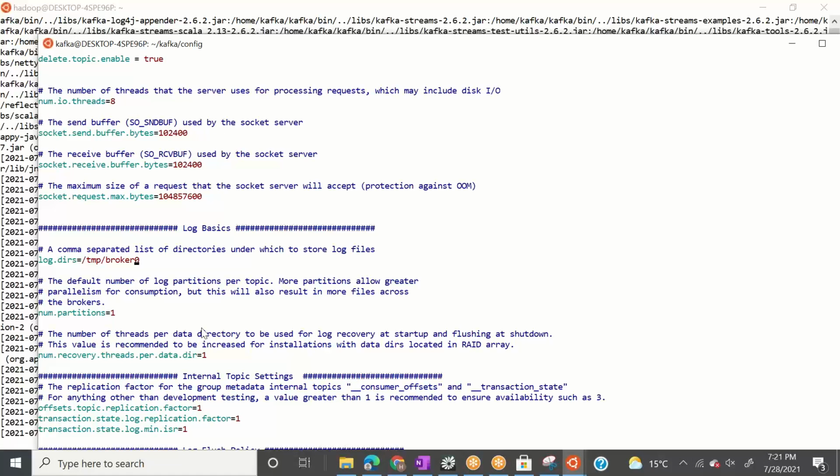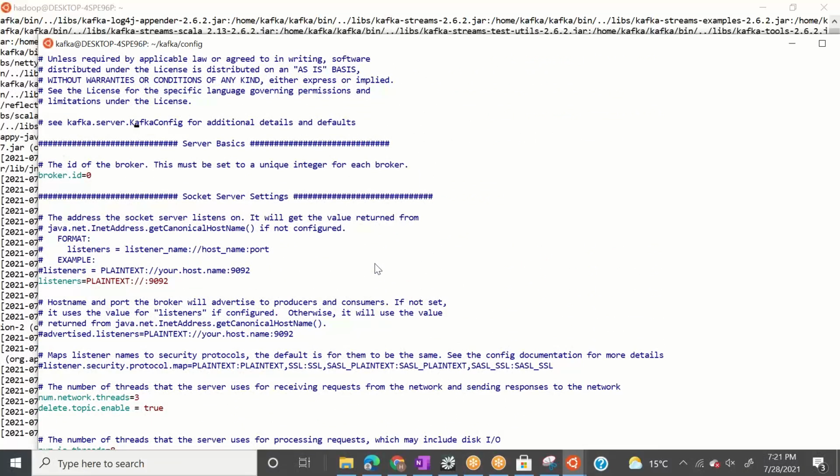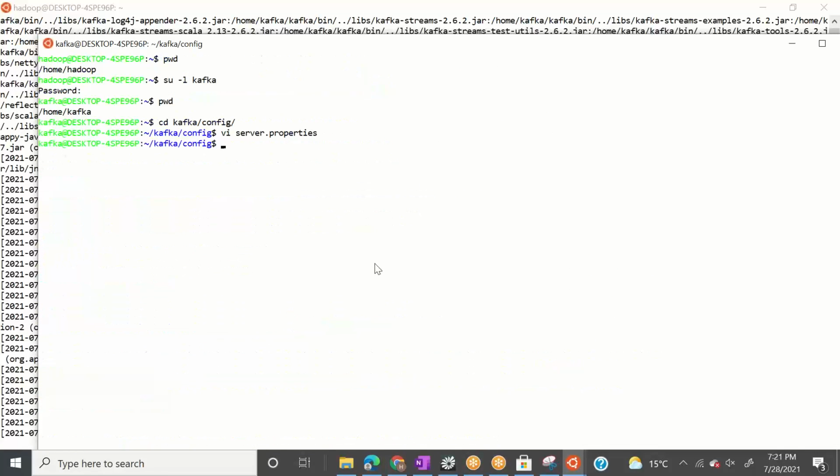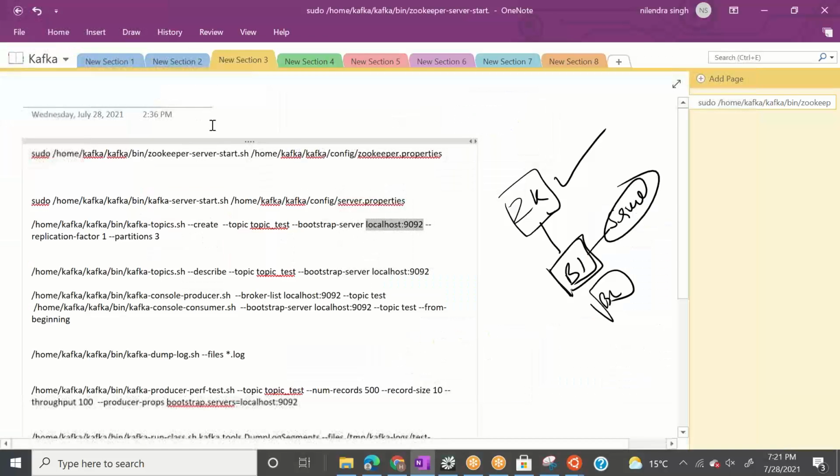I just need to see the port here. So what port are we using? Just 1 second. 9092, right? Because I'm just validating. So we are using port 9092, so in this command we are using port 9092. Perfect. So it means our topic will be created on this particular broker, right?